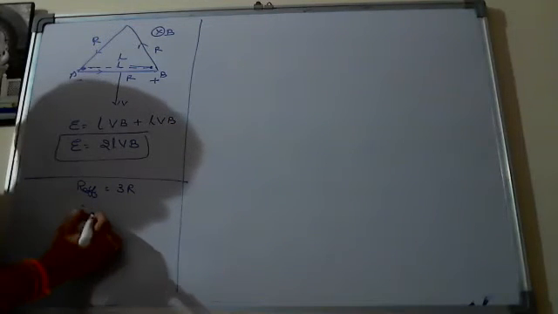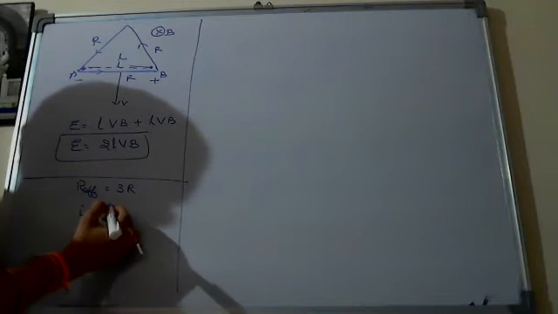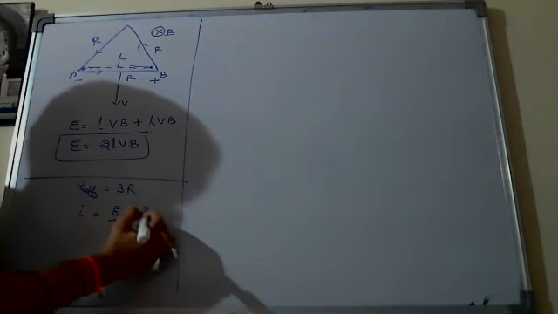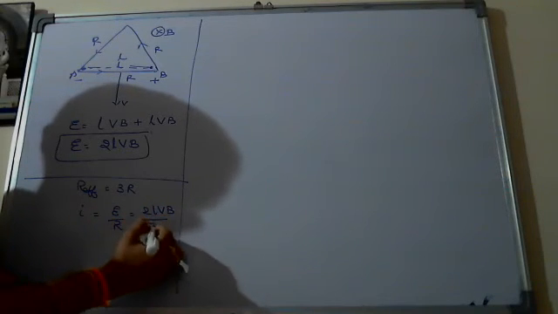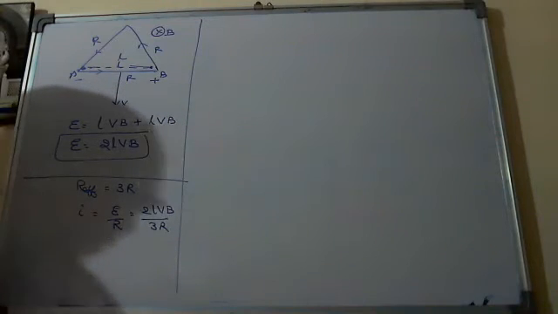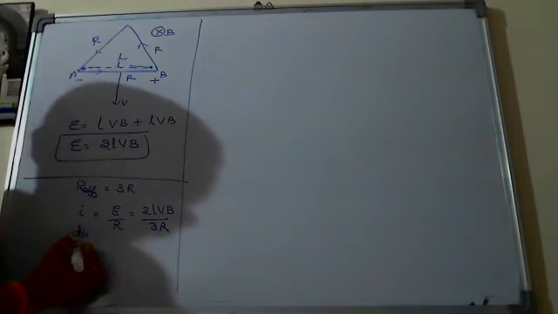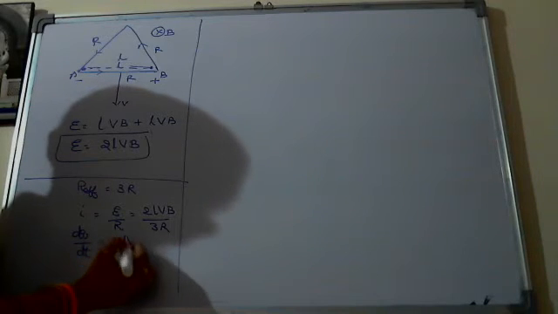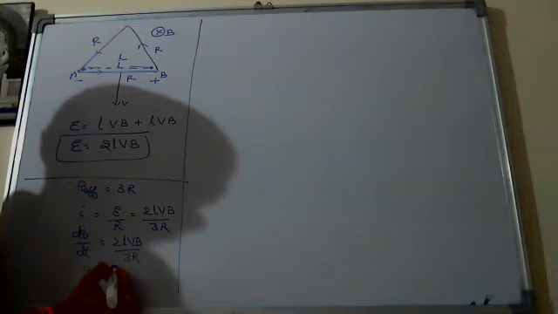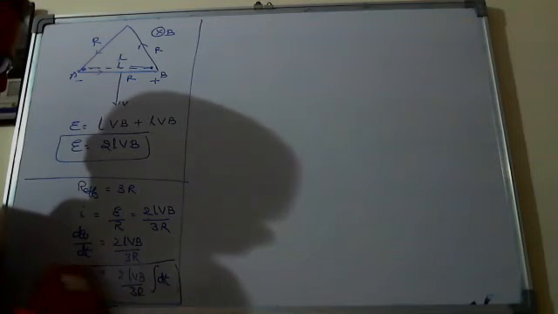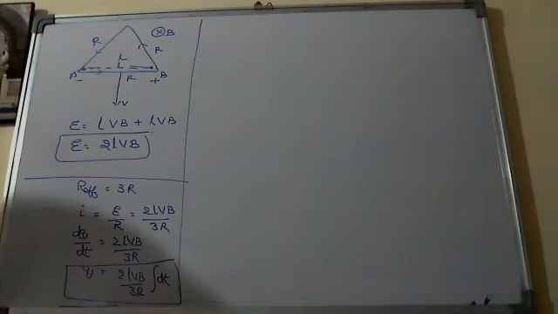Okay. So total current I is equal to, we write Ohm's law, V by R, E by R. E is 2LVB by 3R. If you know the current, you can say the charge. From the formula, dq by dt is equal to 2LVB by 3R. So what is the charge flowing through the circuit? Q is equal to 2LVB by 3R, all are constants, Nana, integral dt. If they ask the time, in a time, how much charge flows, you can say the answer.